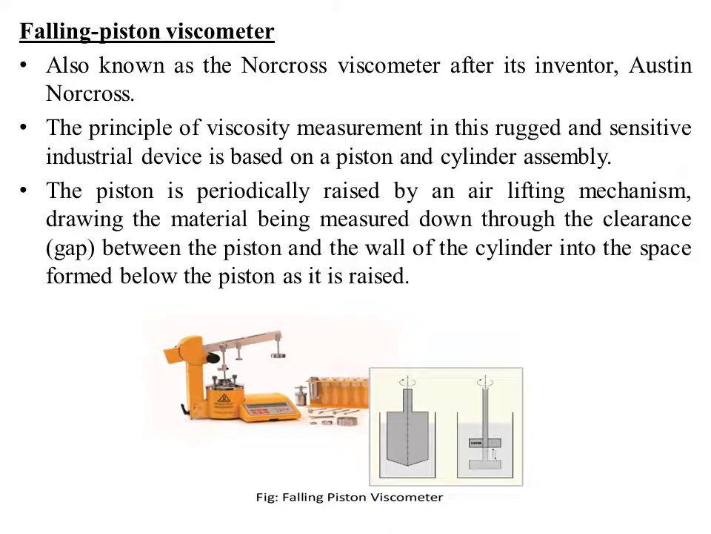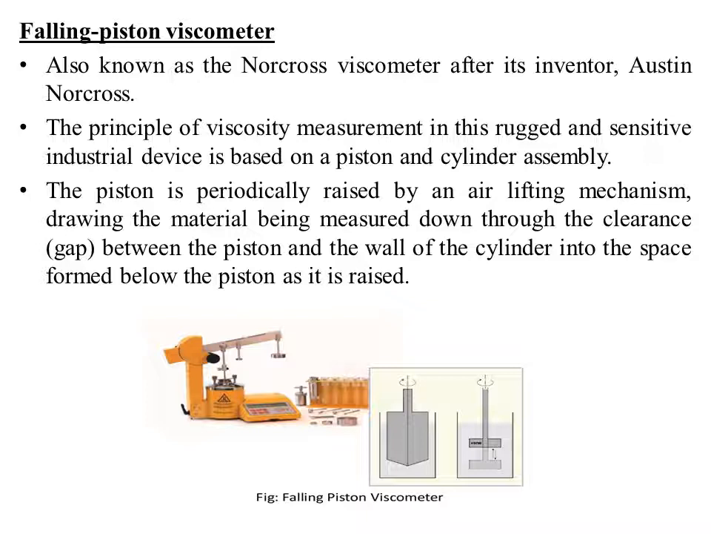Next is the falling piston viscometer. It is also known as the Norcross viscometer. It was invented by Austin Norcross. The principle of viscosity measurement in this rugged and sensitive industrial device is based on a piston and a cylinder assembly. The piston is periodically raised by an airlifting mechanism, and you will be having the wall of the cylinder